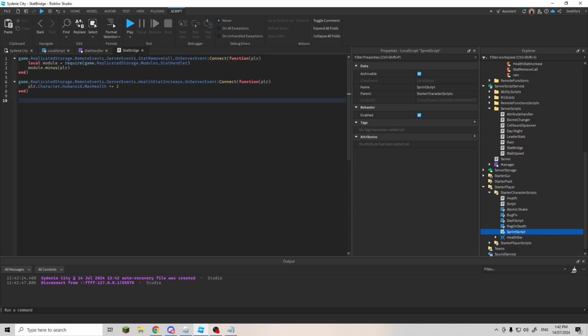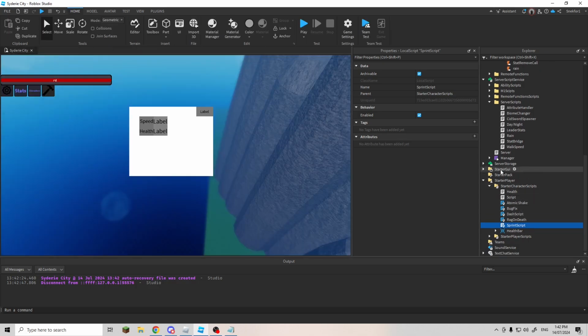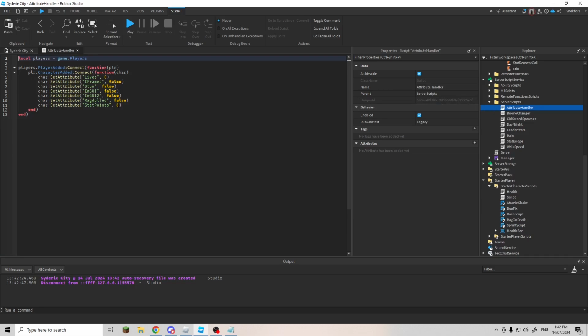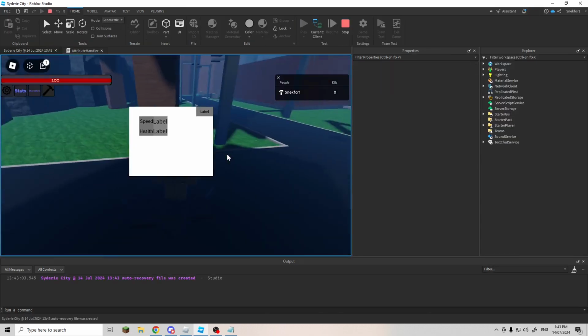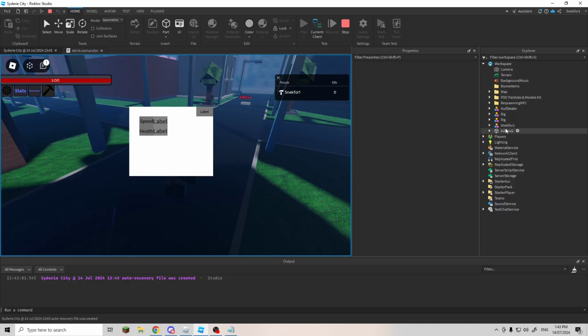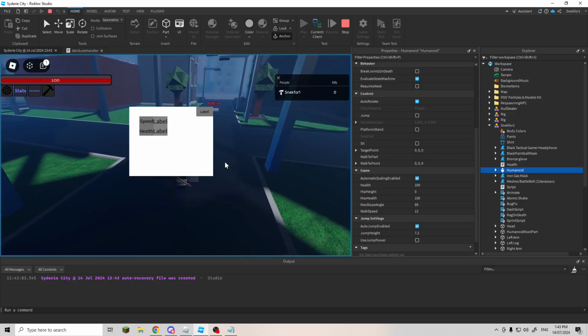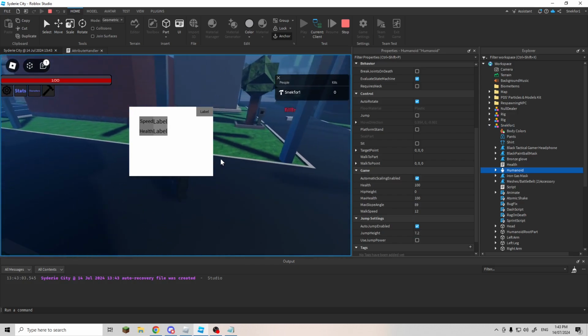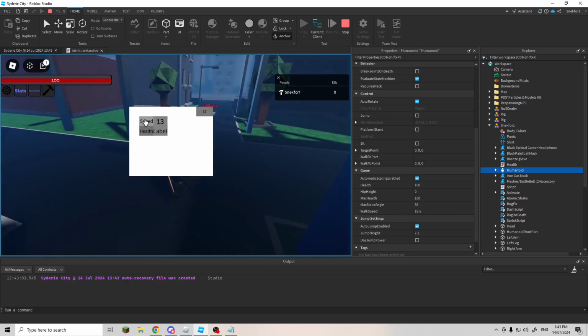I'll just close all those out. Close that, close that, close that. I want to give myself more stat points. Give myself 50. I can max out all the stats then. That'd be real good, actually. So, my base walk speed is 12. Then I can go up to that. But if I add stat points,